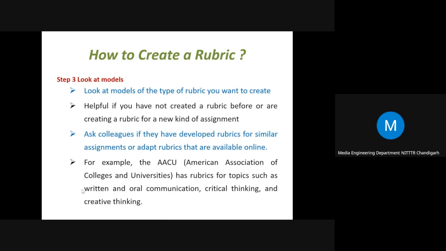For example, there is this website of American Association of Colleges and Universities. This AACU website has rubrics for different topics, such as written and oral communication, critical thinking, creative thinking. So different kinds of these rubrics are there, which can be referred to while designing our own rubrics.